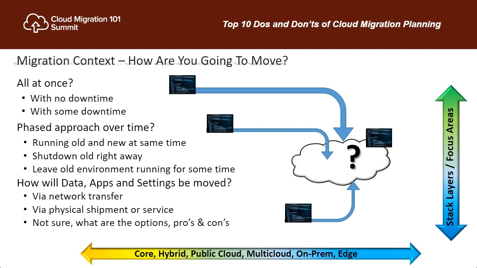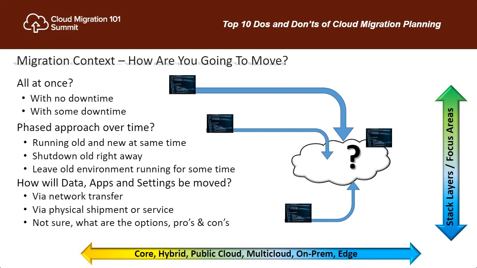How are you going to get there? Can you just do everything over the network? Do you have to physically copy things to an appliance or to storage devices that then physically get shipped to the destination and then imported and then resynchronized up? But how are you going to do it? How are you going to do that move, that migration, with no